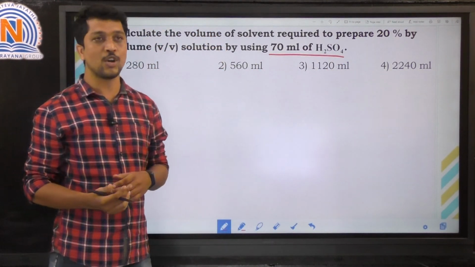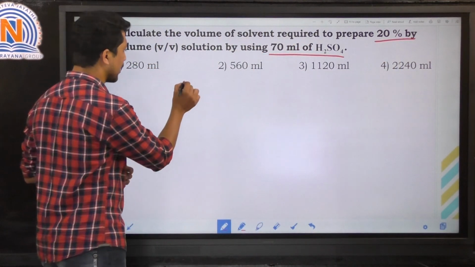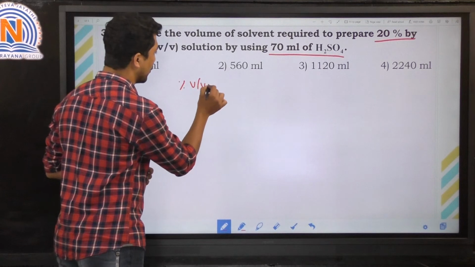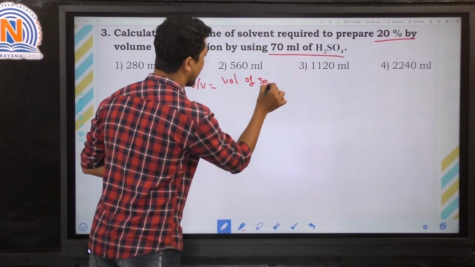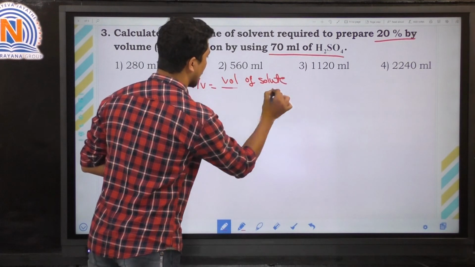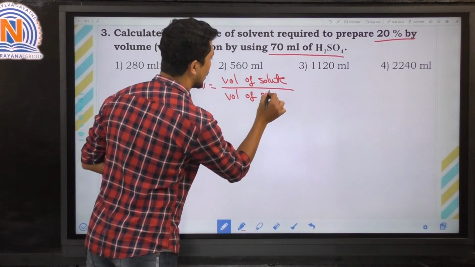And they have given the volume percentage, that is 20%. So the formula is percent of volume by volume equals volume of solute by volume of solution